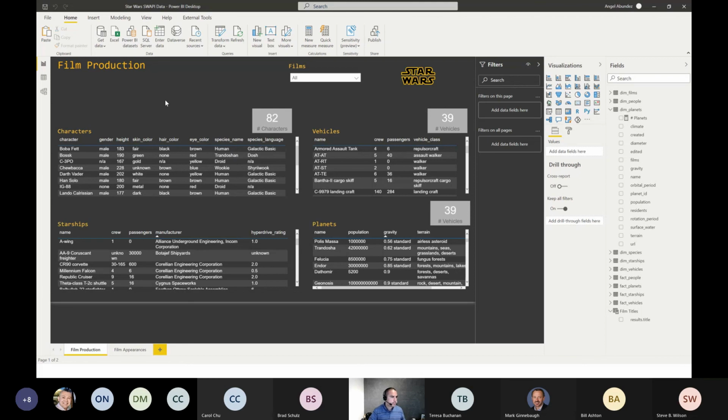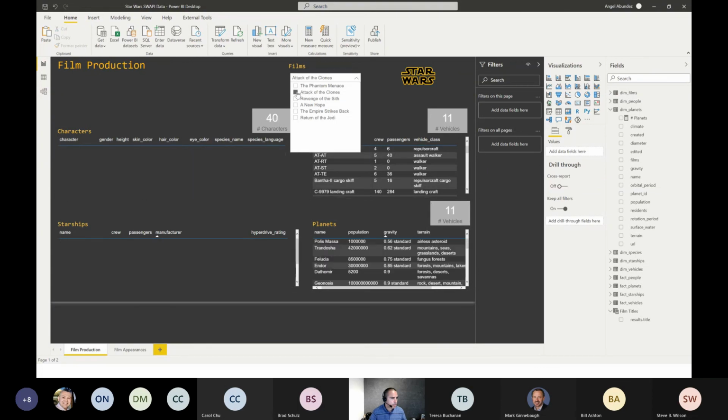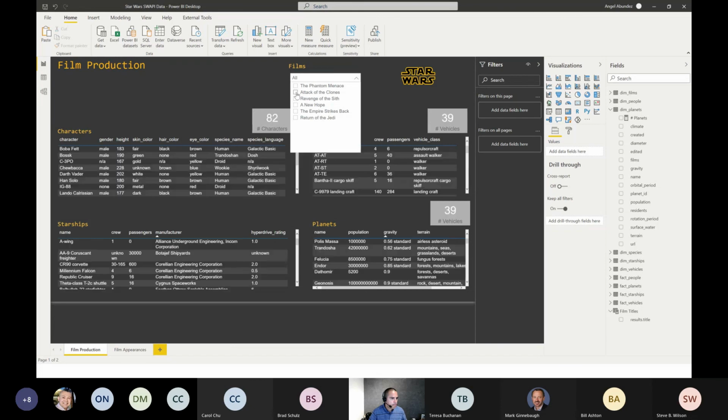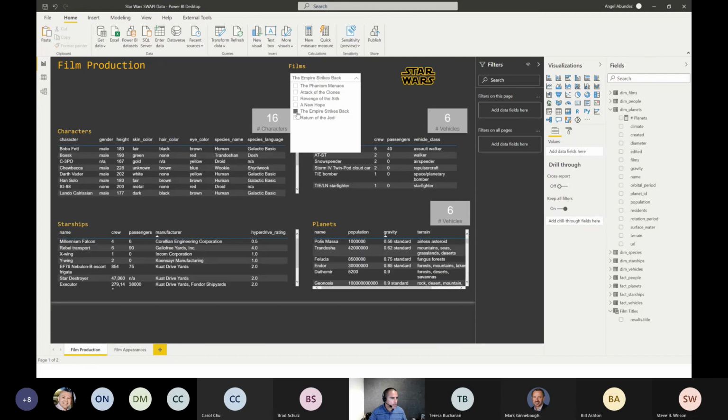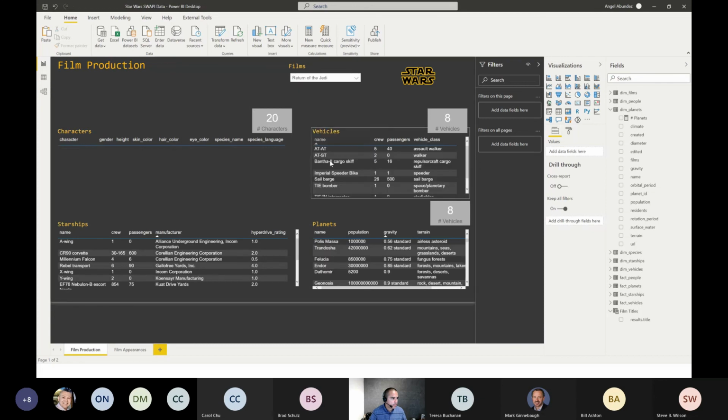So what I've got is the different Star Wars films, episodes 1 to 6, here. I've got characters for each of those films, the starships in those films, the planets and the vehicles. As I pick the different episodes, now, I don't know why that one's not working, but the idea is as I pick the different films, I can see the different objects